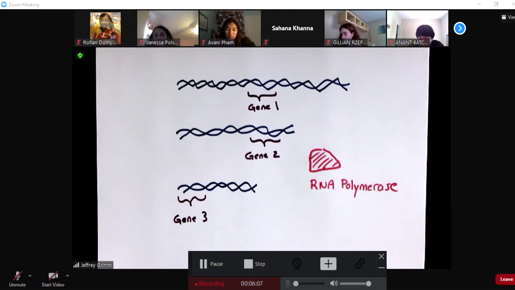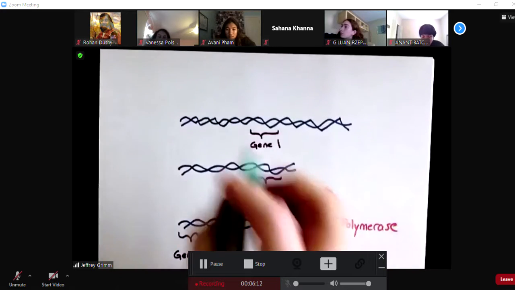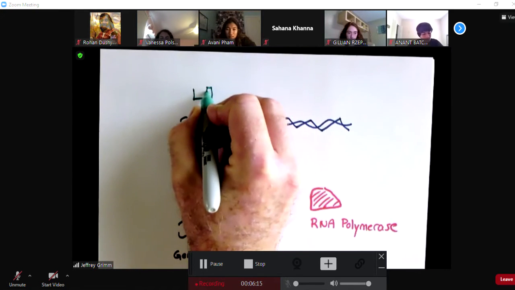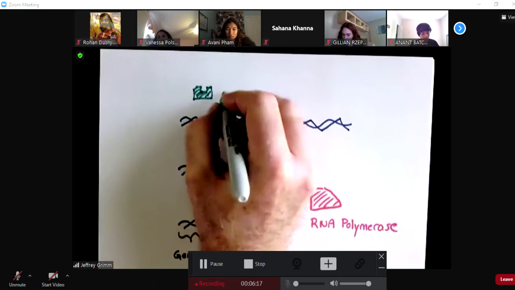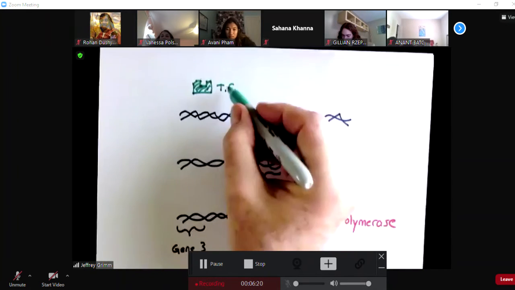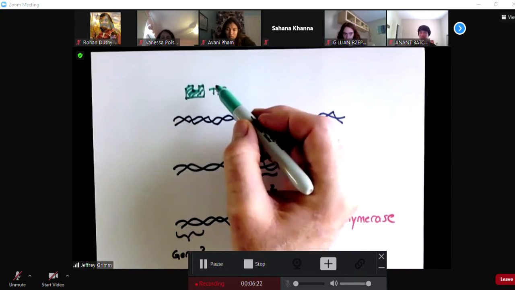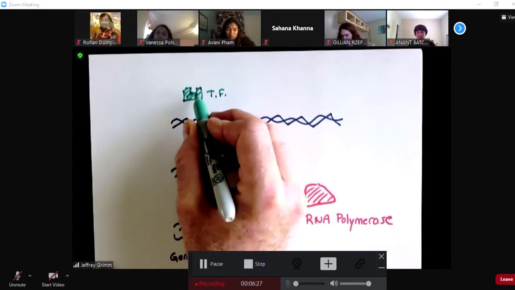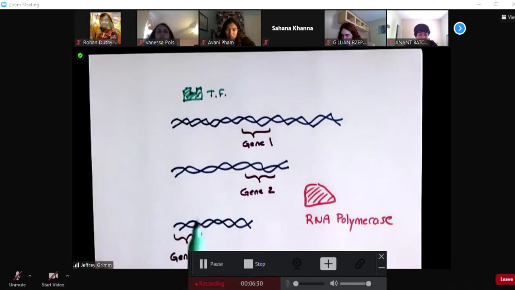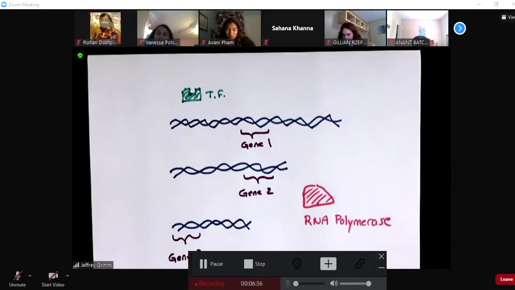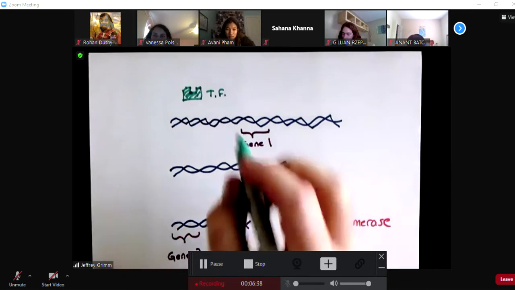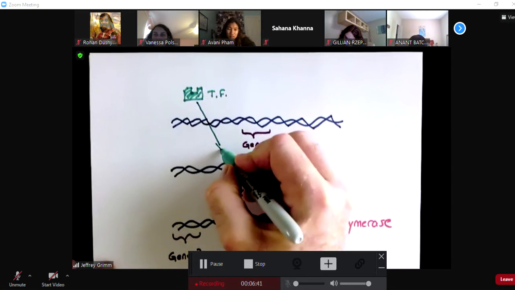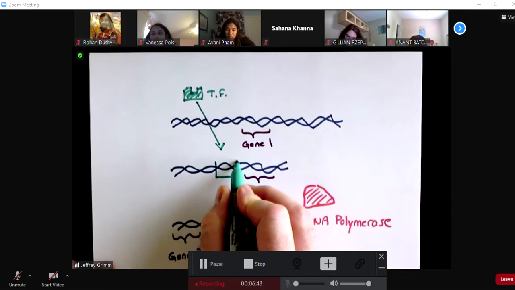And that would be terrible. So what we have is a system where we have a transcription factor that has to attach first. Now, a transcription factor could be just a phosphorylated kinase at the end of a pathway. It also could just be an intracellular receptor, which is a different protein. In the end, all transcription factors do is the same process. They're going to attach to certain places on your genome. In this scenario, I'll say that it's going to attach here.